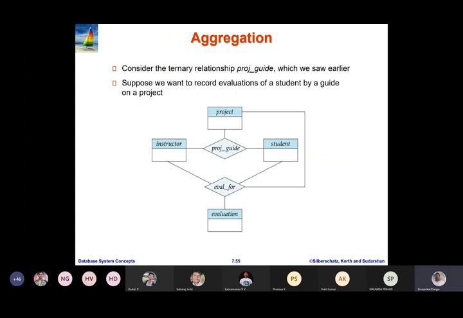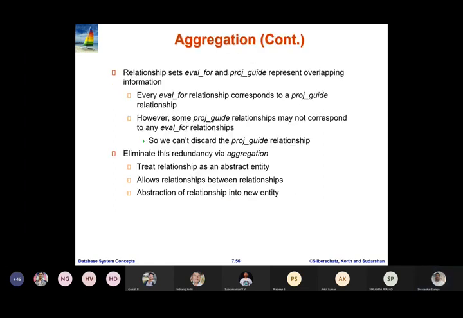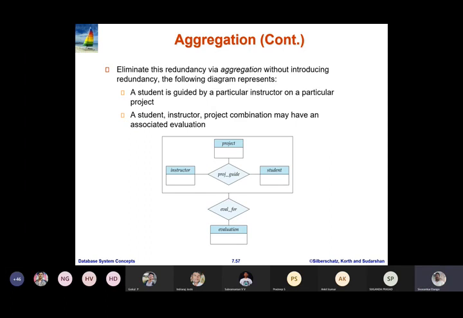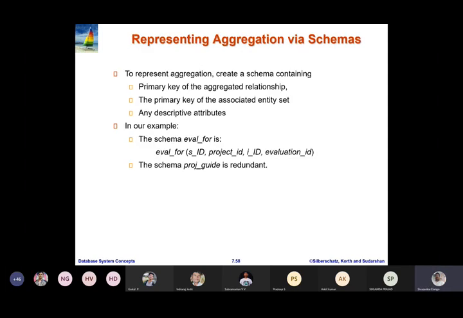The last topic in the representation is how to represent an aggregation relationship set. A student is guided by a particular instructor on a particular project, and a student, instructor, project combination may have an associated evaluation. Whenever you represent the relationship set evaluation for, it contains the primary key of the aggregated relationship,